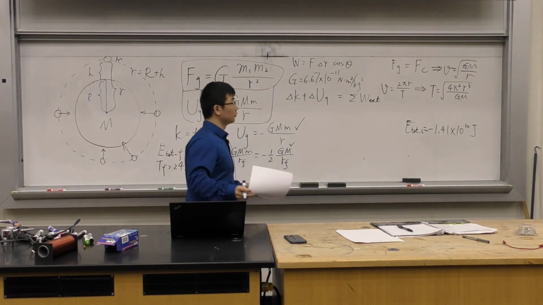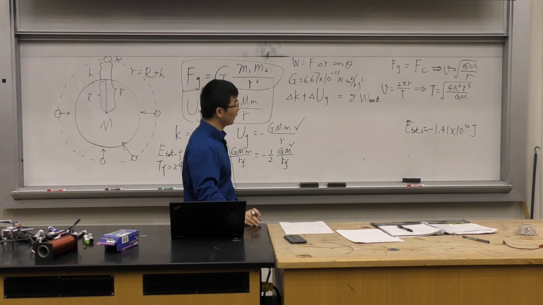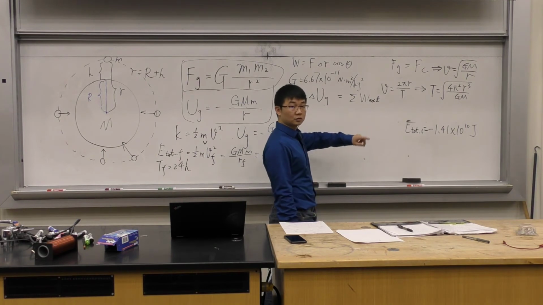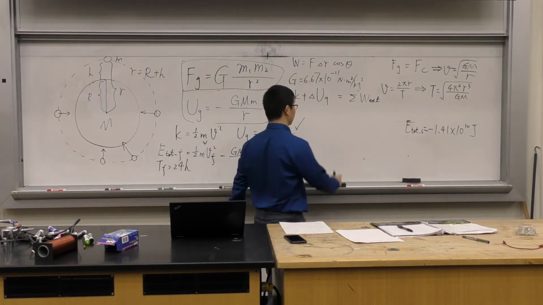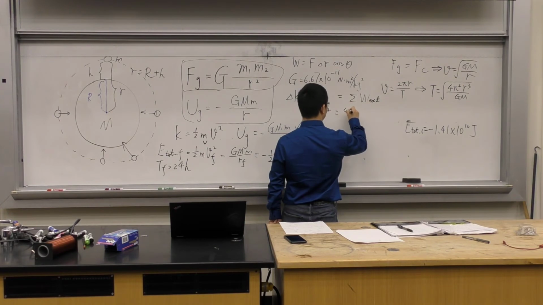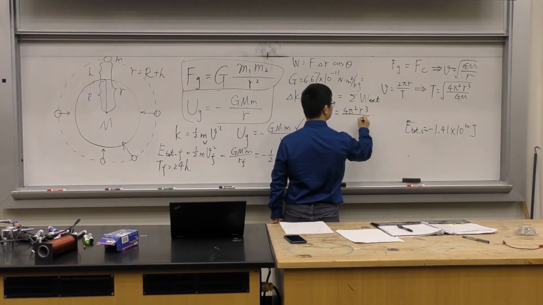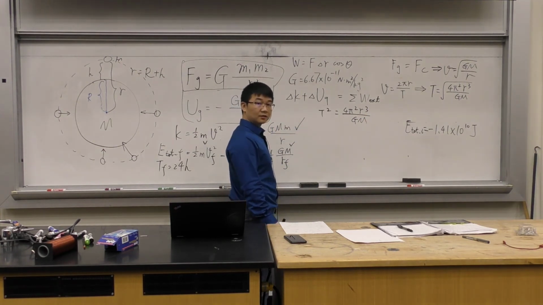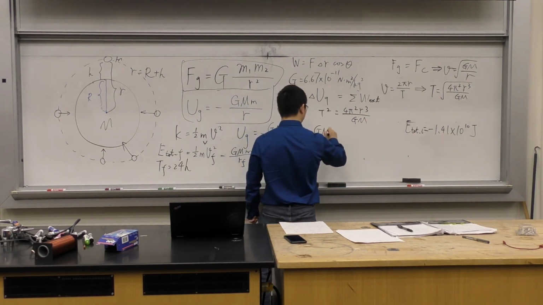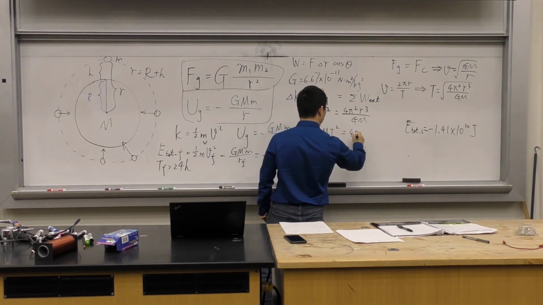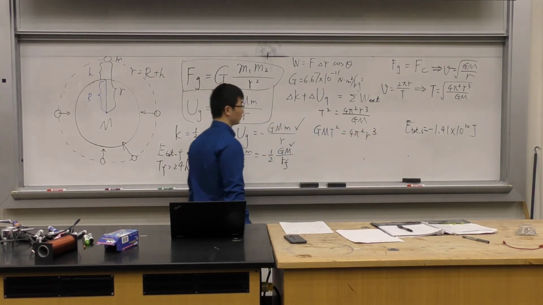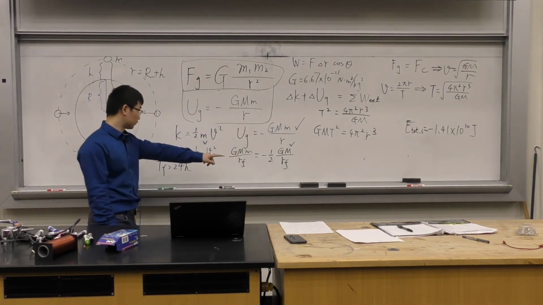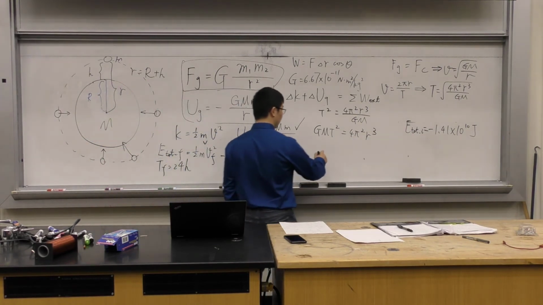Alright, so first of all, I'm going to rearrange that equation to get an expression for RF, r, right? So how do you rearrange that equation? Well, first of all, I don't like the square root. Square both sides. You get rid of the square root. Now, I don't like denominators. Multiply both sides by the denominator. You get G M T squared equals 4 pi squared r cubed. Right? And then you see that I'm trying to find r. I want to find an expression for r using T. Divide both sides by